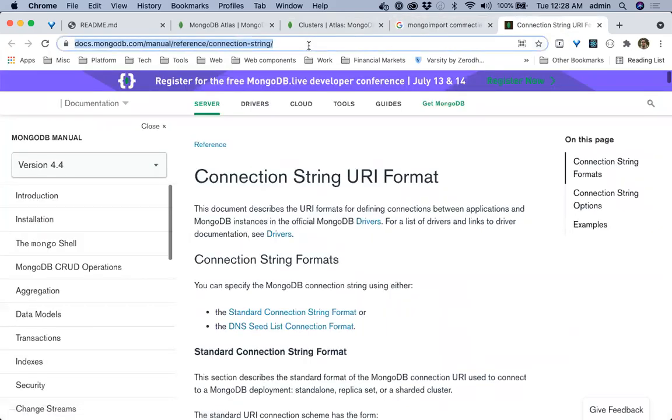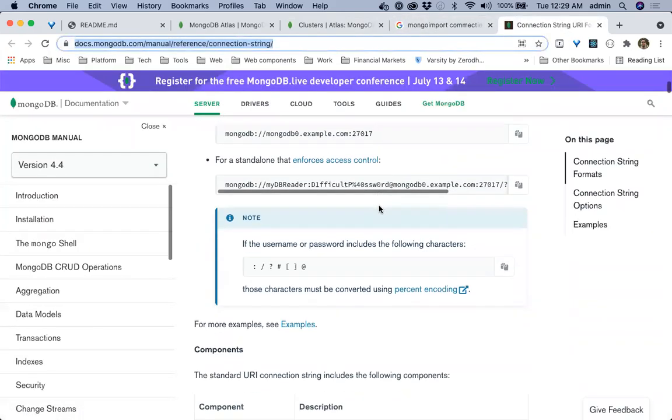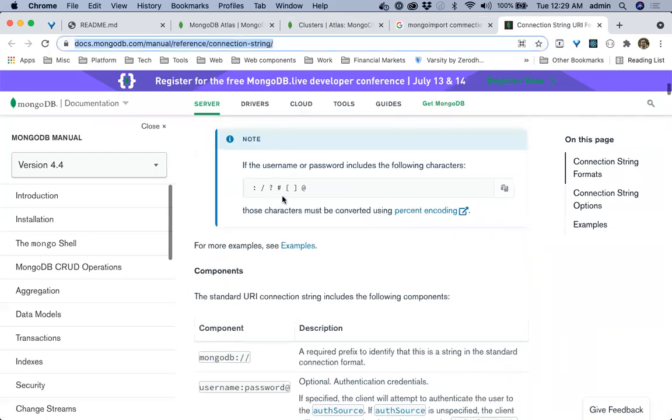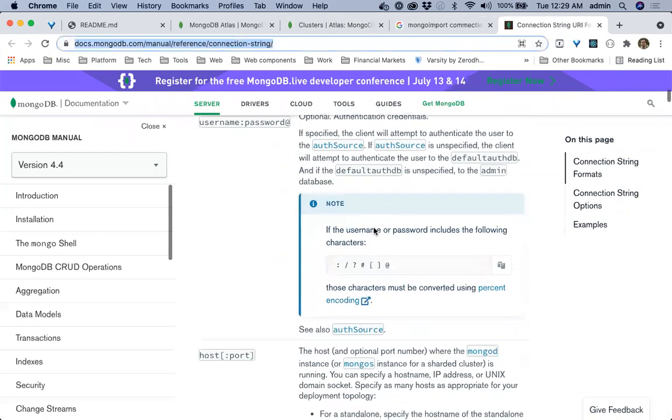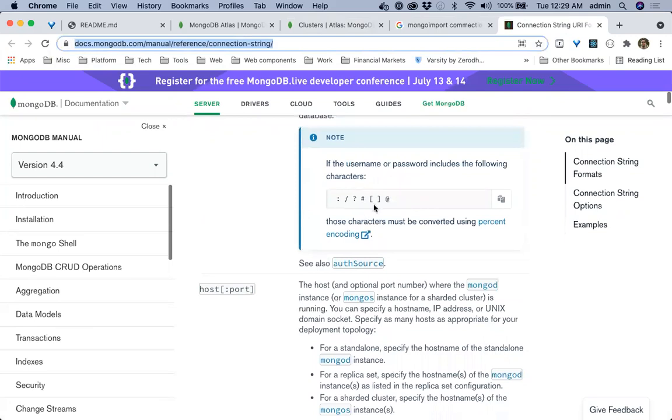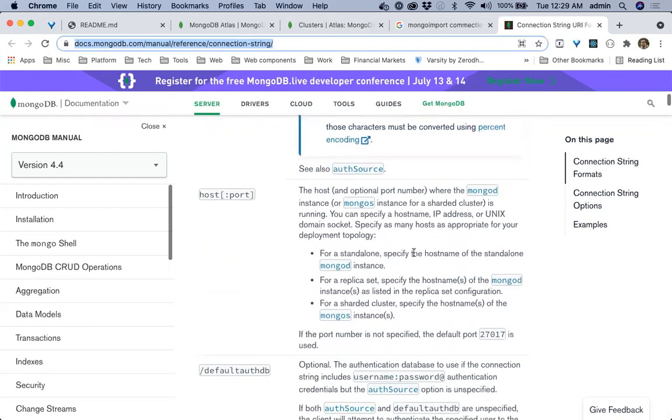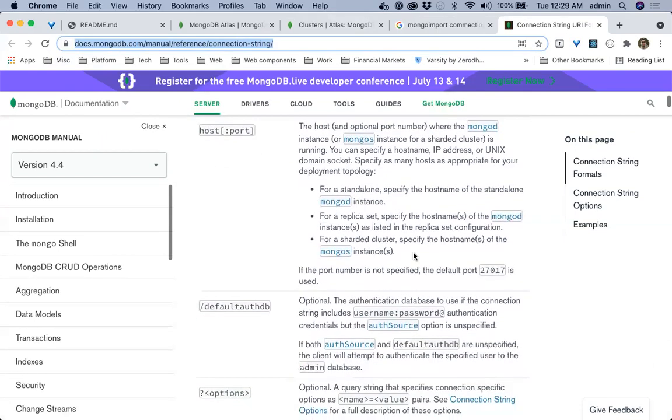So if you check this document, I'll leave a reference to this. Your exclamation etc. should be encoded. So the encoding for an exclamation